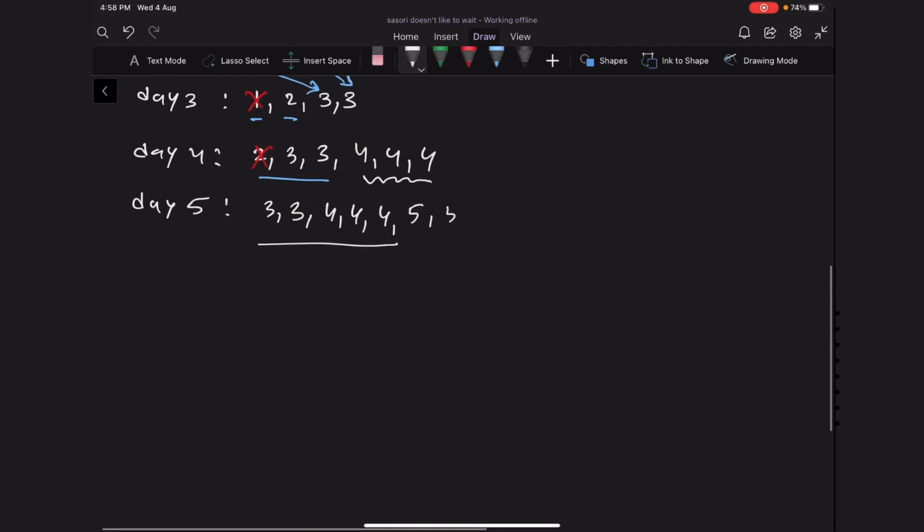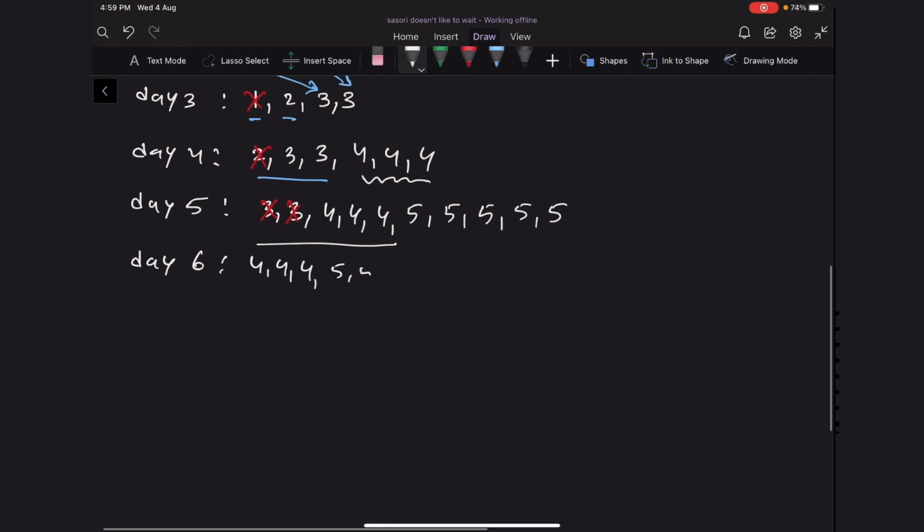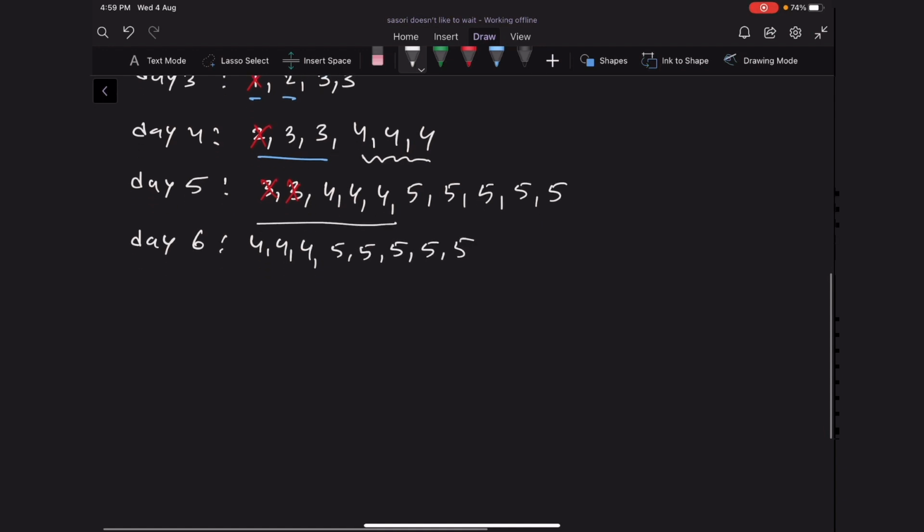So we will have 5, 5, 5, 5 and 5, and on day 6 these viruses will die, and we will write the viruses created on day 4 and the viruses created on day 5, and they are 8 in number. So these 8 viruses will create 8 new viruses. So we'll write 6 cross 8. So 8 viruses are created on day 6.